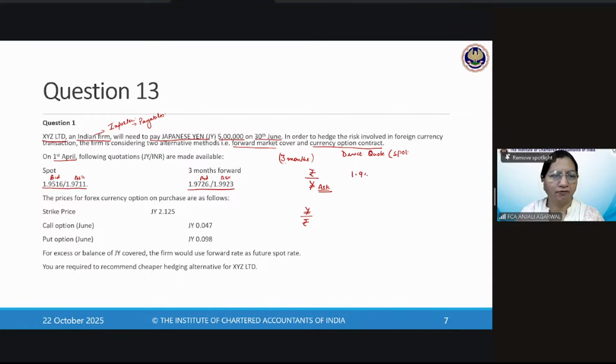1.9516 oblique 1.9711. Inverse quotes would be 1 upon 1.9711 oblique 1 upon 1.9516. So this is the rate which is, just a minute,